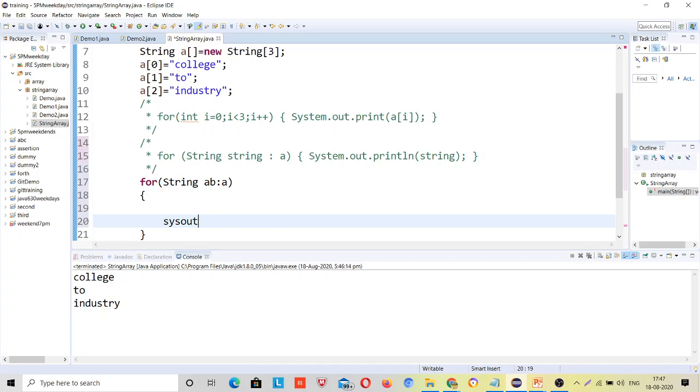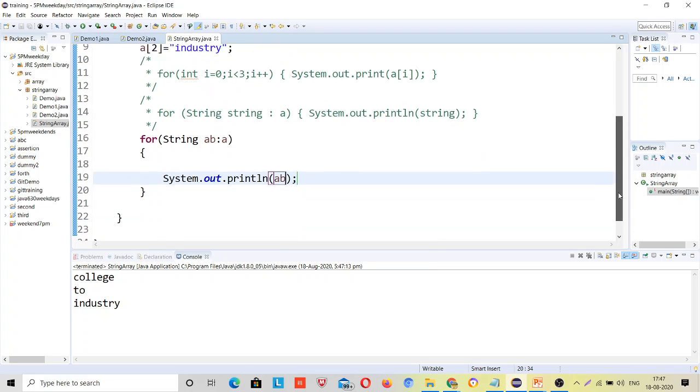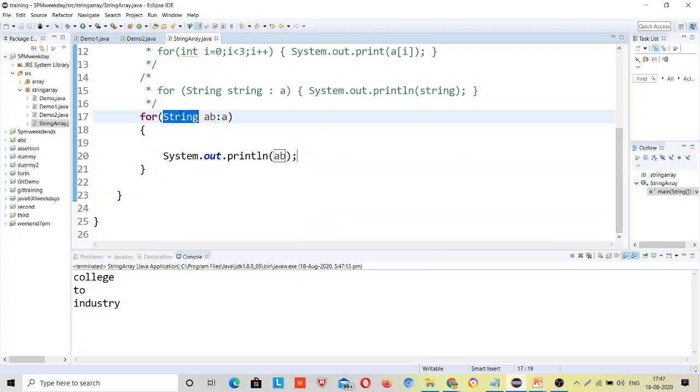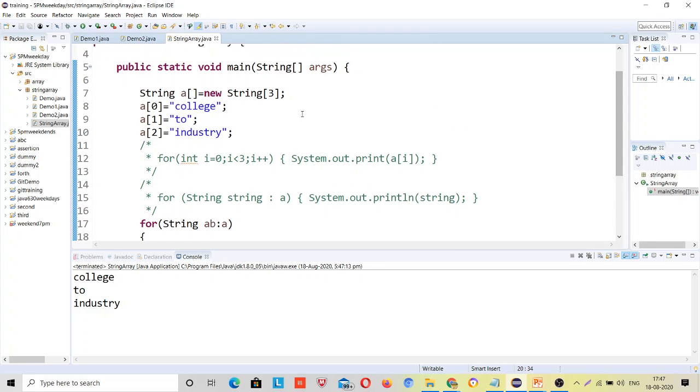sys out AB, this will print the whole of that, college to industry. The first time it will print the 0 index, the second time it will print the first index, the third time it will, and if you make the array size 5 and assign values only to 3, right?